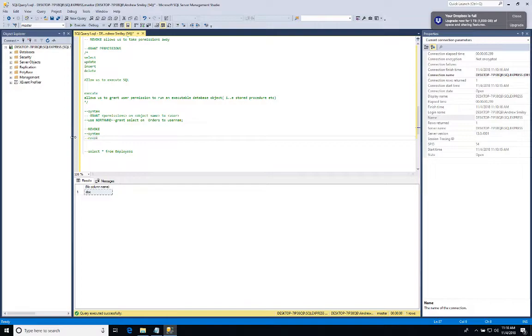We're just going to do revoke permissions on object name to user. So we're going to go ahead and do a revoke select on orders to, the only difference is I have to do